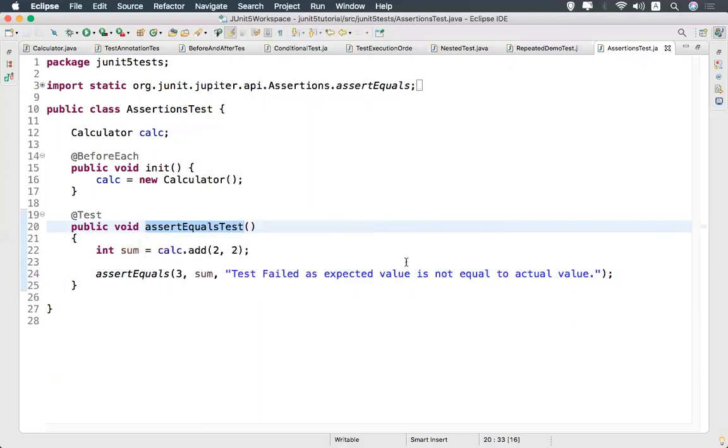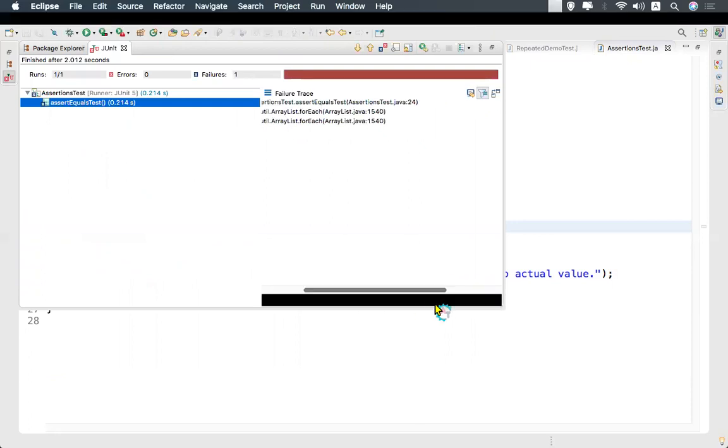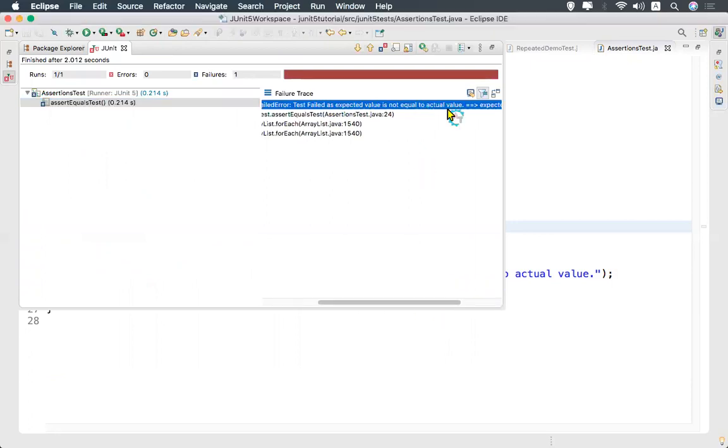If we discuss this information for one method, one assertion, the remaining things are the same. Let it execute. So it failed, and you see that assertion error, test failed as expected value is not actual value.